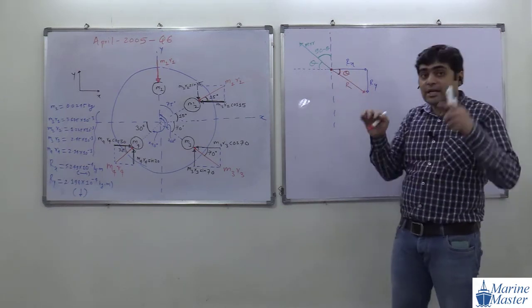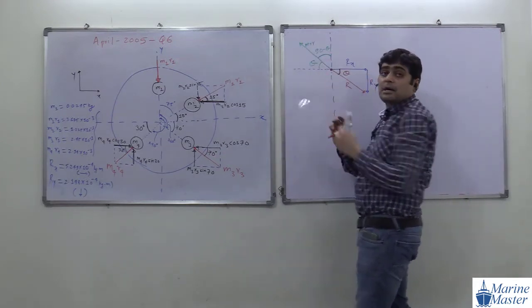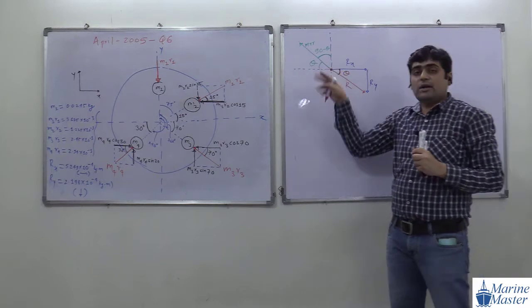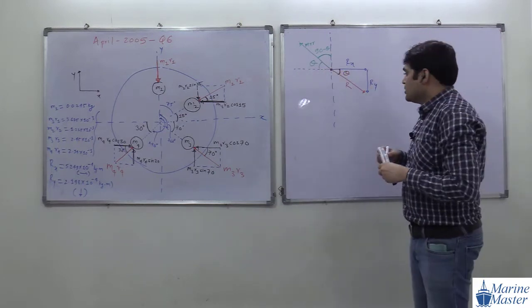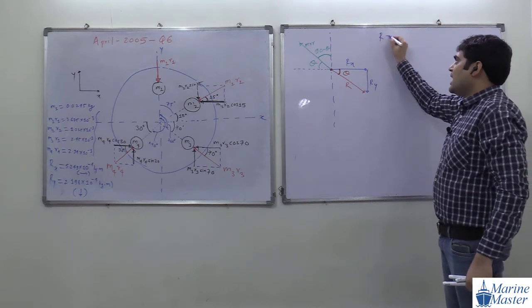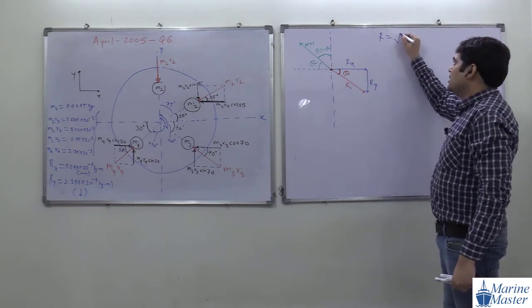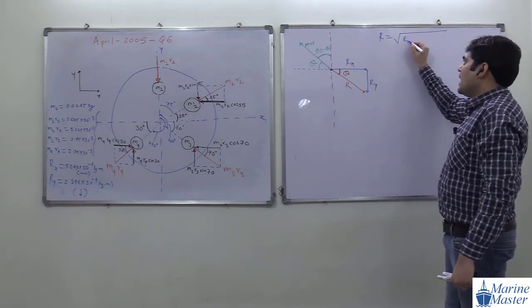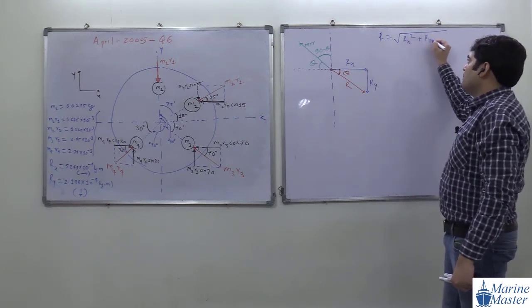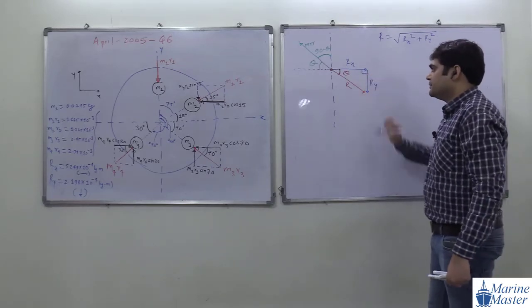Means because they are equal and opposite. So whatever the length of R, the same must be the length of mr also. Here m is 0.02 kg mass. So guys, now how to get the R? R will be by Pythagoras theorem: R will be equal to under root of Rx square plus Ry square.